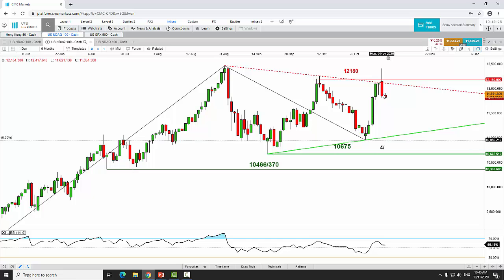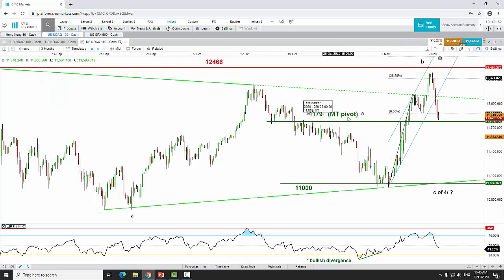What's important technically over here is that there was a failed breakout above the range resistance at 12180. Initially yesterday, at the start of the Asia session, there was a wave of optimism riding on President-elect Biden's victory. However, this optimism started to fade off, and it started to close below this 12180 level. So the levels to watch next, over here on the 4-hour chart, will be this